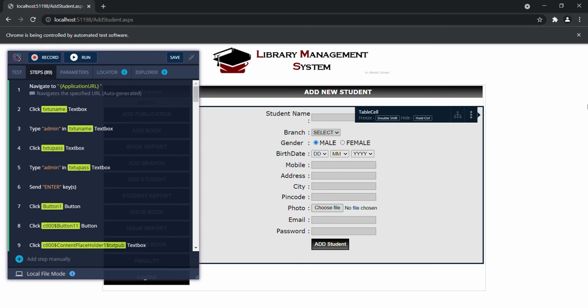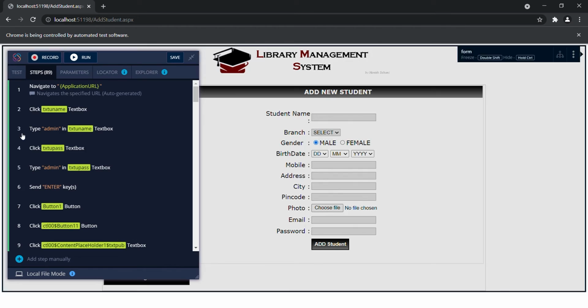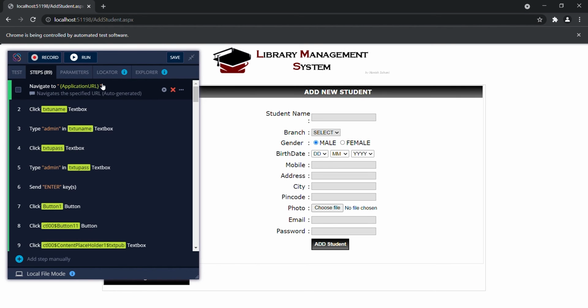Now let's move towards the testing part of our project. We will test our project in the test project automation tool, in which we can create our own test, and then it can automatically run the test. Now we can run the test, and it will run automatically.